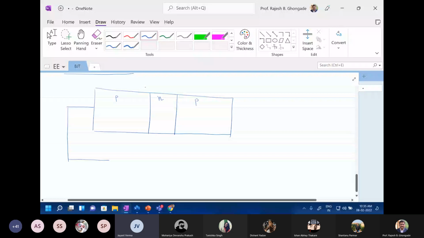तो अब क्या होगा, मेजॉरिटी कैरियर्स क्या है पी टाइप में? पी टाइप में मेजॉरिटी कैरियर्स कौन है, इलेक्ट्रॉन से या होल से? होल से सर। होल से, तो उसको मैं पॉजिटिव से मार्क करूंगा। और एन टाइप में मेजॉरिटी कौन है, इलेक्ट्रॉन से, लेकिन वो बहुत कम है ना? यस सर।